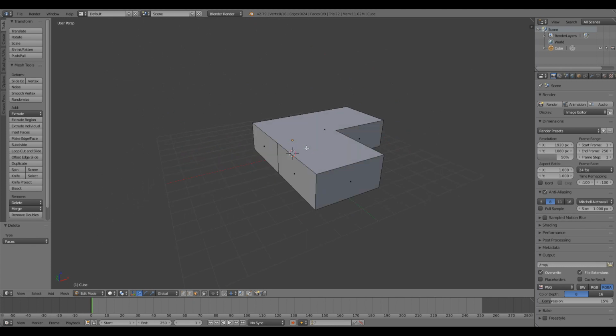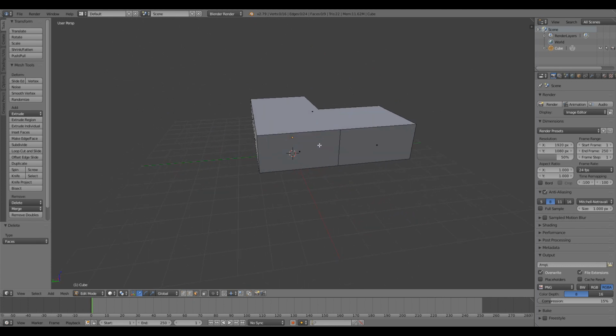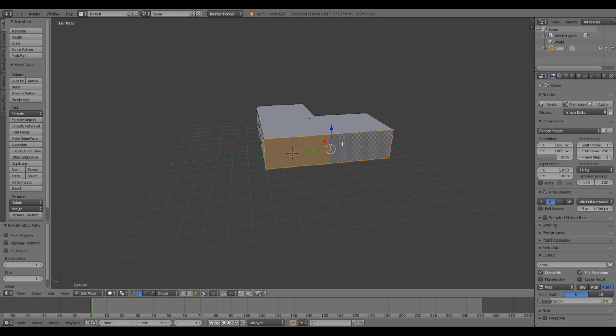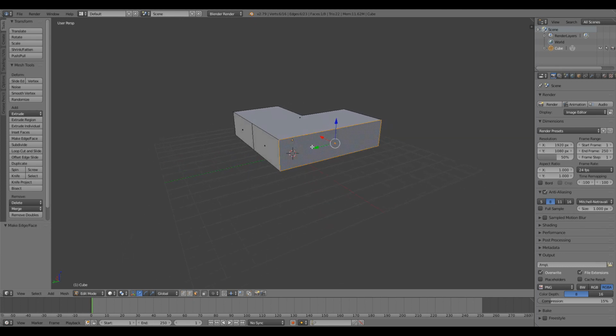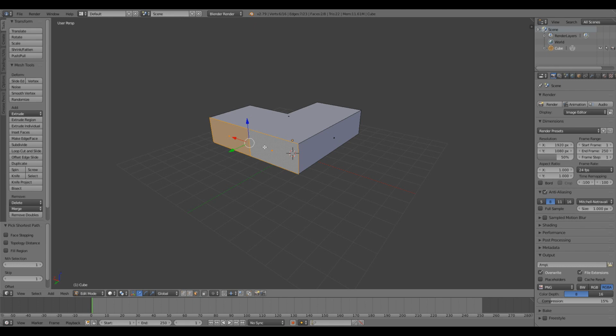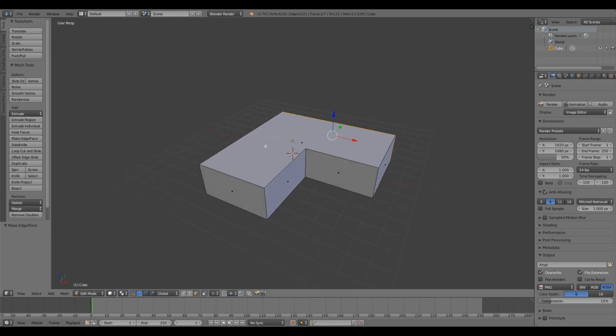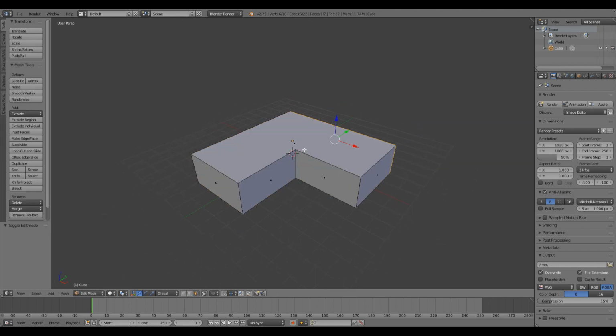Okay, so we don't want these. We don't need these actually. Now I select this one and this one with the right mouse button and hit F again, and I do the same with these. Hit F. Okay, maybe now our little building is